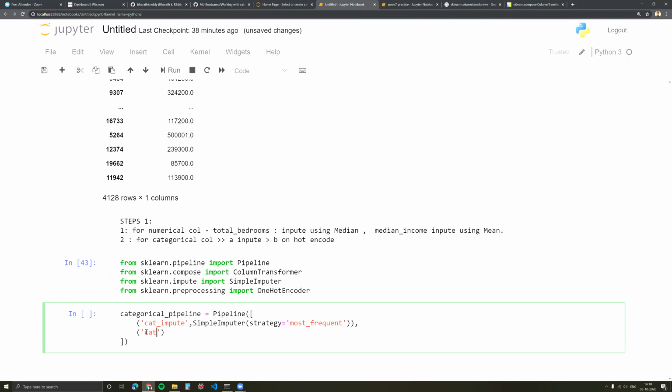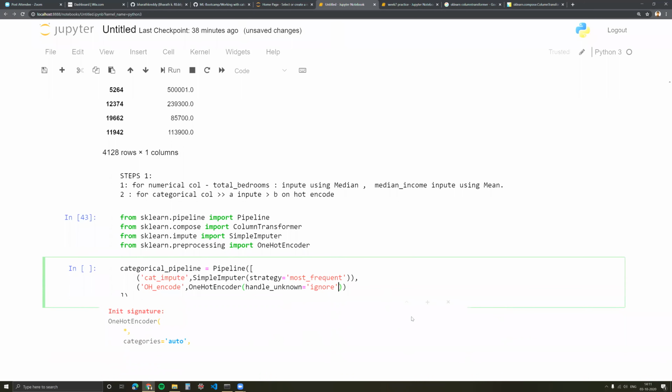Next thing is one hot encoding. One hot encoder. That's about it. Now, this is something fail-safe. Even if you don't use this, this should work.